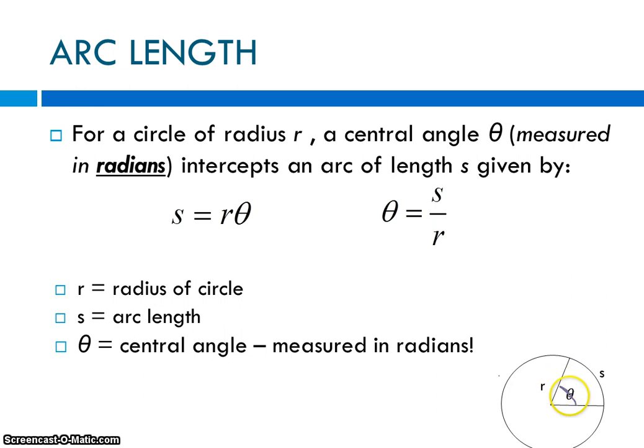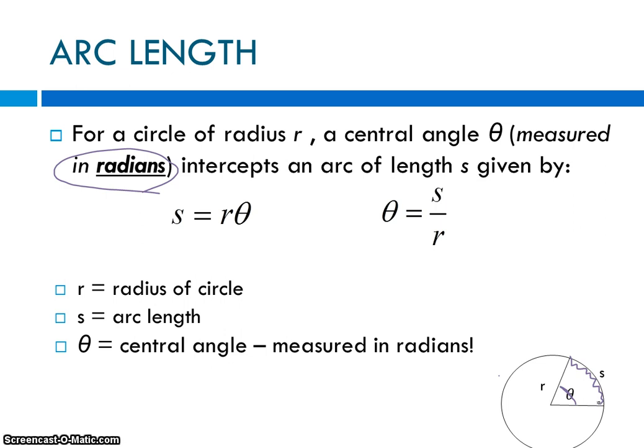r and your central angle theta, and your theta is going to be measured in radians, so we're going to have to make sure our theta is in radians. Then our arc length, which is this portion of the circle here, is going to be called S. So you can see S, or arc length, is just part of the circumference of the circle. So if we're looking at this sector, we have the radius r, the central angle theta, and the arc length